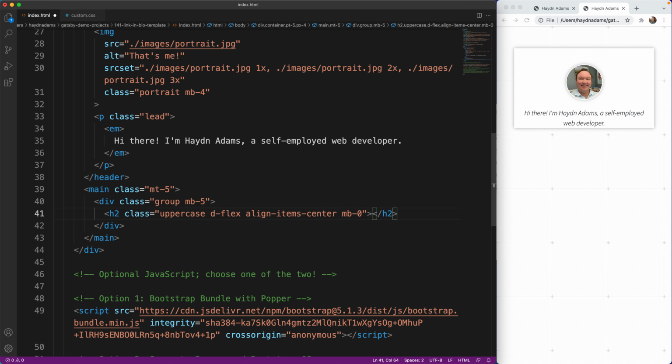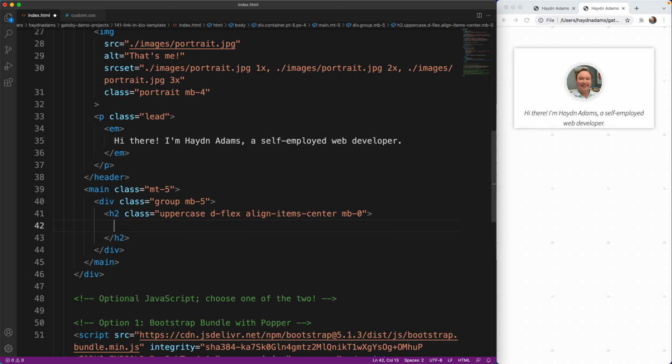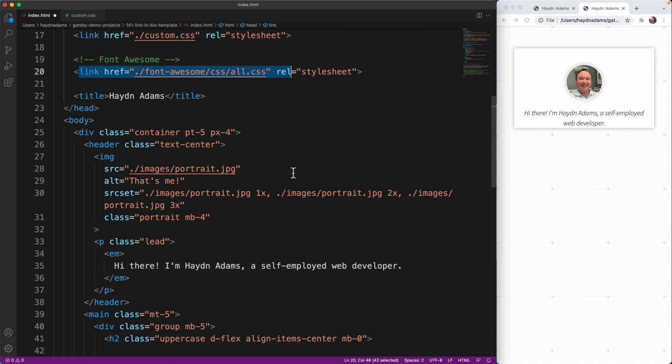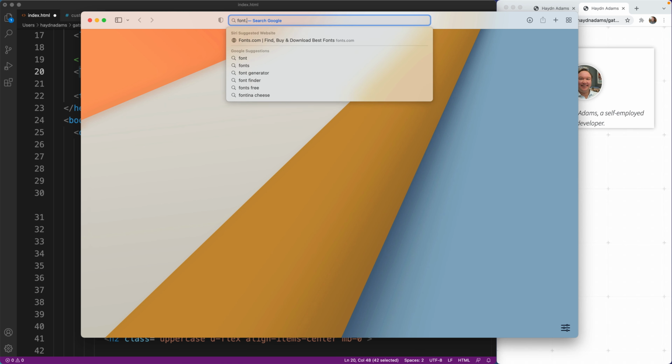So after I set up the H2, I have to add 2 things. One is the title, but I also want to bring in my Font Awesome. Now, how we use Font Awesome is pretty awesome. So what I'm going to first do is, in this case, go look for an icon. I need to bring back up Safari, and let's type in